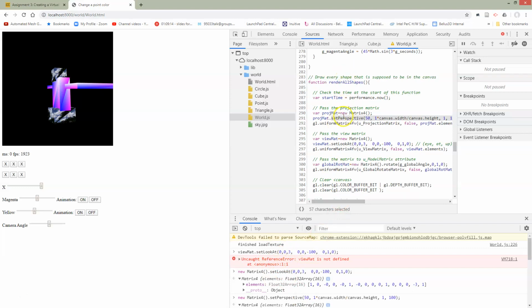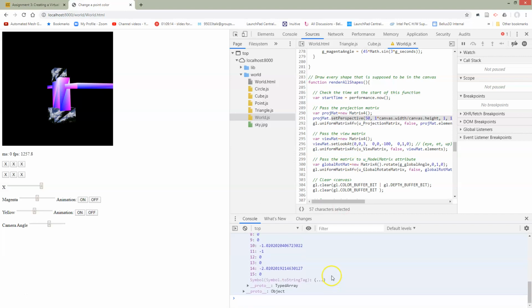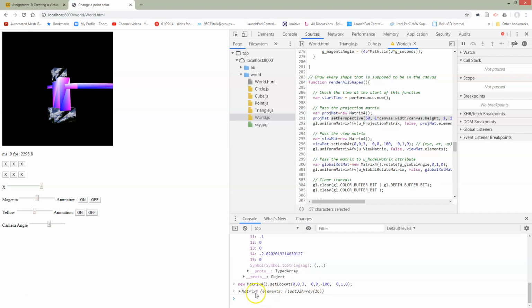However, if you wanted to change to setOrtho, there should be some parameters that can get you to an identity matrix. Same with lookat. We can easily get a setLookAt matrix which is just producing the identity matrix. So let's get setLookAt. If we're on the positive axis, looking down the negative z axis, this should in fact be producing an identity matrix. If we look in here, I've got a 1 in the top right, and then I've got 1s on my diagonal, and then